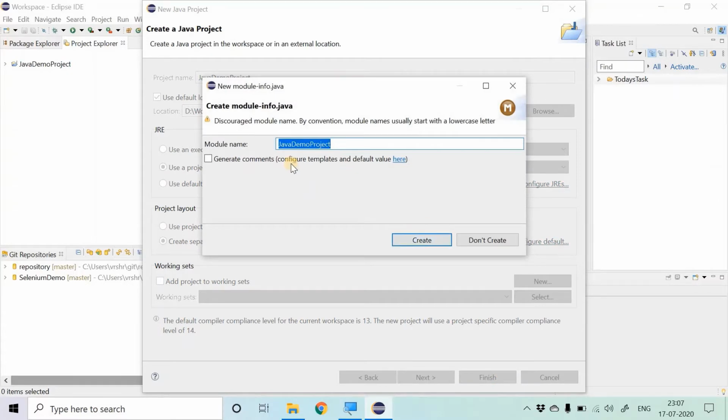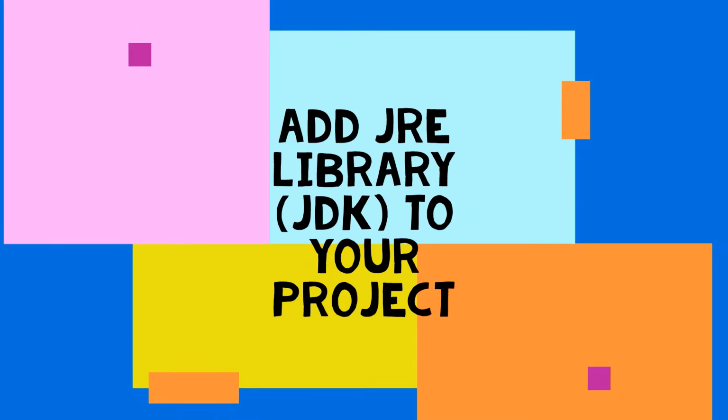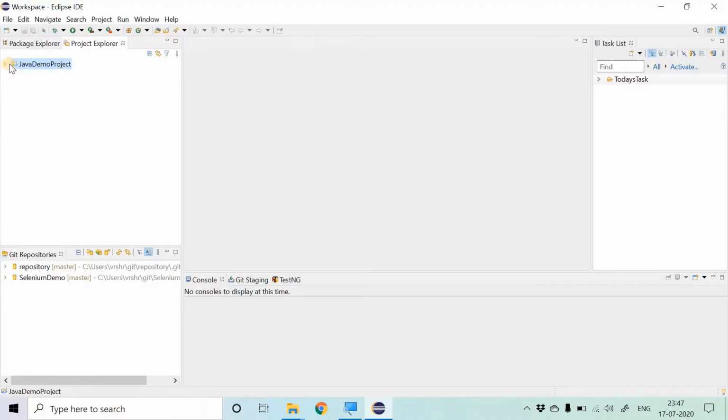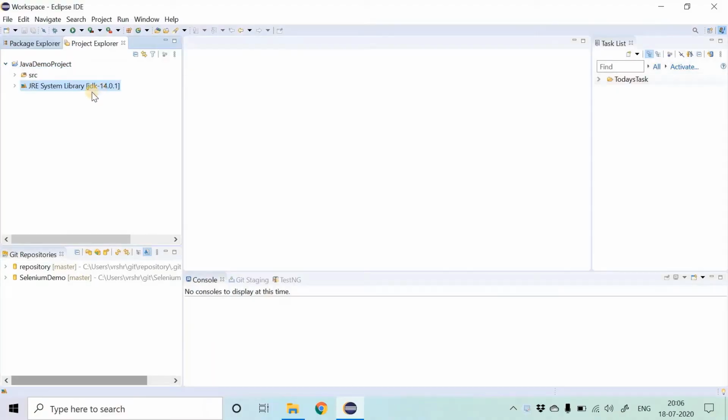It is asking you if you want to create a module or not. I'm not going to create one, so it's up to you. When you expand this particular project, if you can see over here in this bracket a JRE library file, then you need to remove that and put the JDK file that we have downloaded. So here you can see there is a JRE system library in which you need to add the JDK file